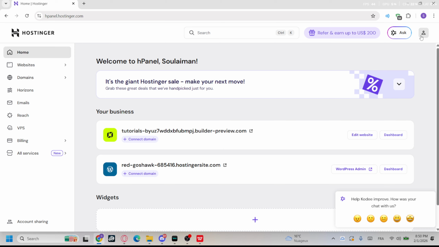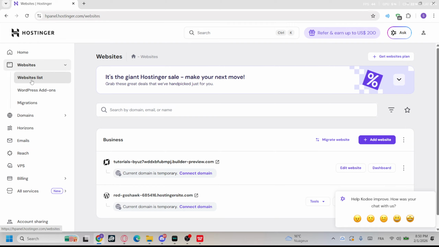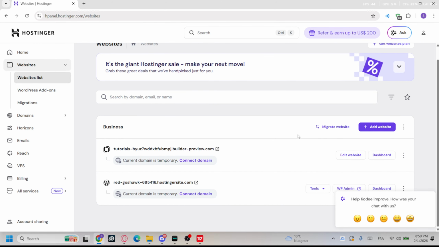You log in to the website Hostinger, and there you go. So right now I want you to just go and click on the websites option on the left hand menu, and then just select the first option, websites list, as you can see. And after that, just locate the website that you want to edit on or to embed the code on,